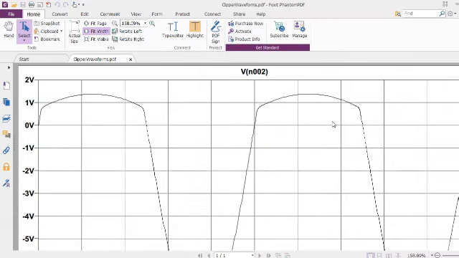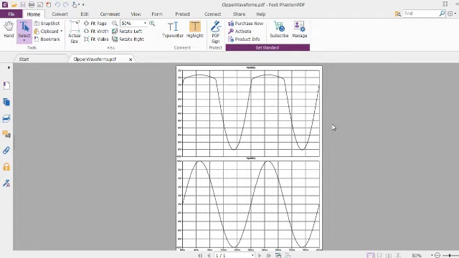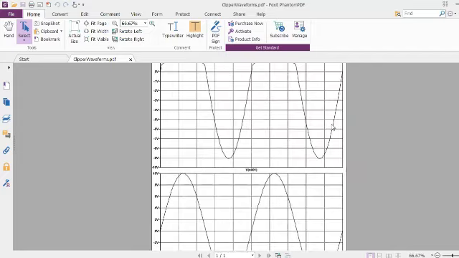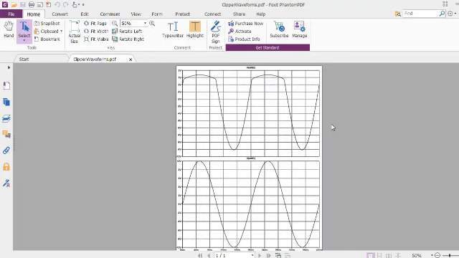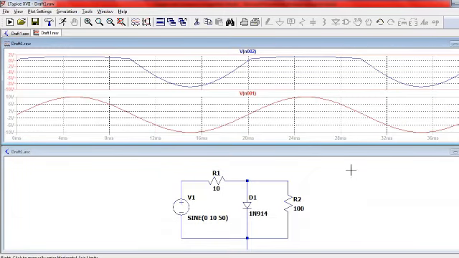So here you see my waveforms. Since I put it black and white, it is coming like this. Actually you can make it color printing in order to get it properly. Okay, so this is the output waveform which I am obtaining by doing the simulation. This is what you are supposed to get also. Okay, and then now you can minimize this window.